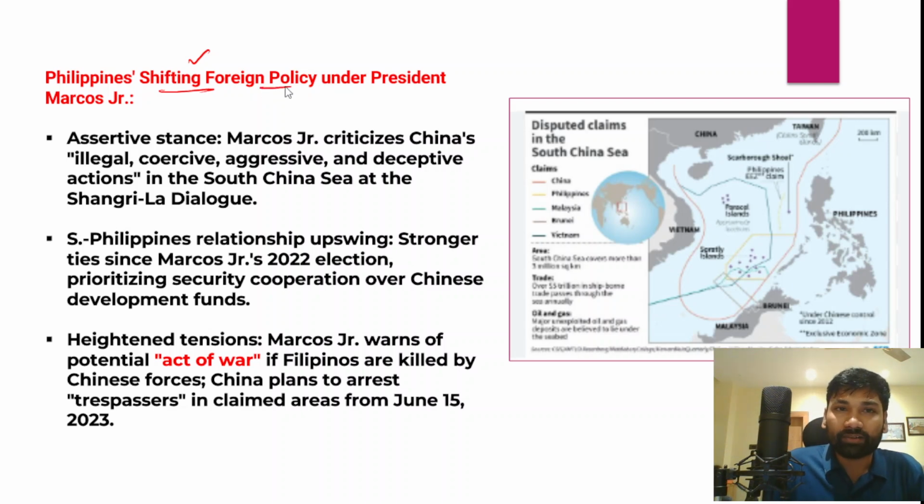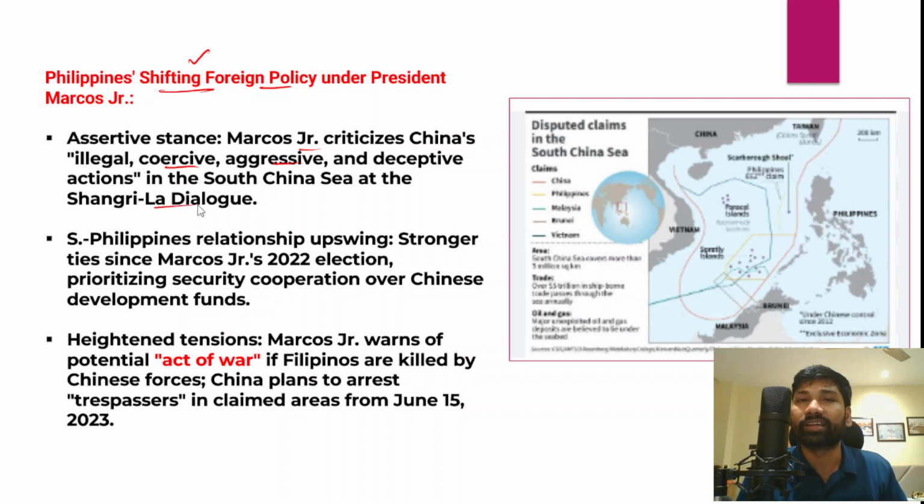Right, so we have discussed that Ferdinand Marcos Jr. very often criticizes Chinese illegal, coercive, aggressive and deceptive actions in the South China Sea. Especially, he used these words against China in the Shangri-La Dialogue that took place in Singapore. And apart from that, when we talk about the US-Philippines relationship, it has been gaining a lot of